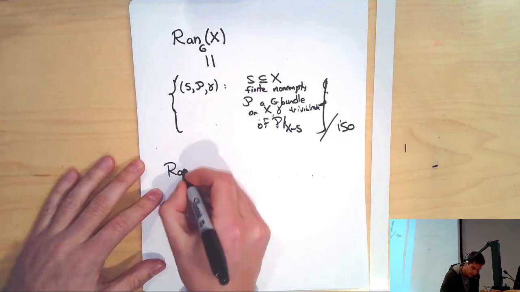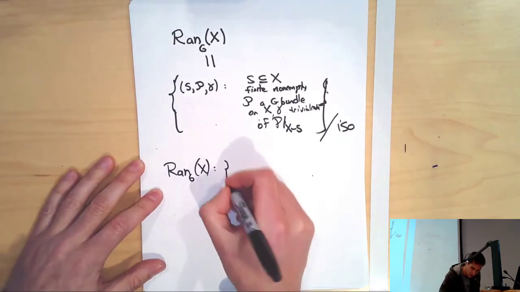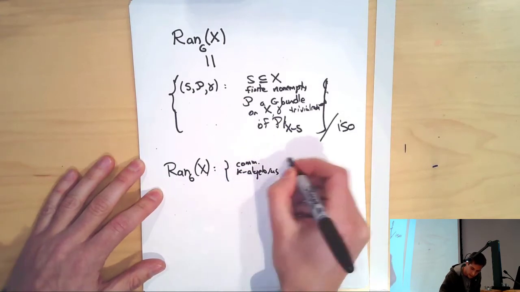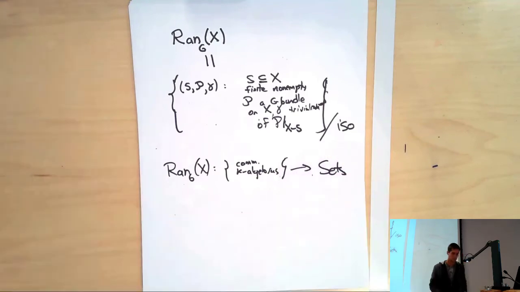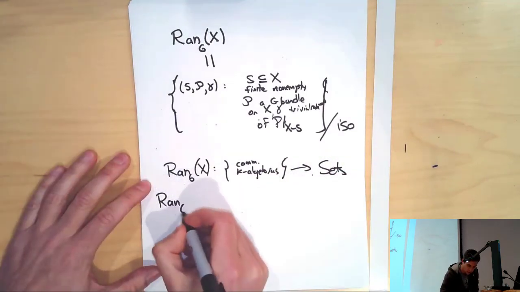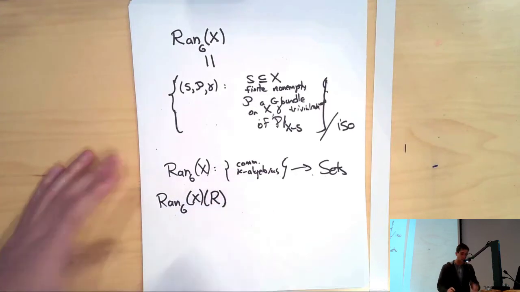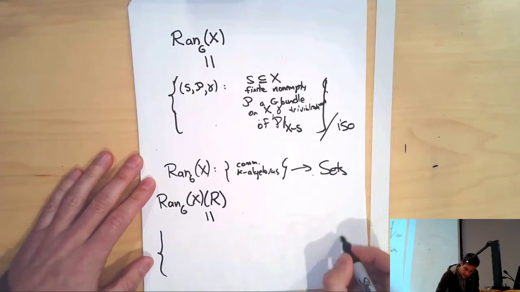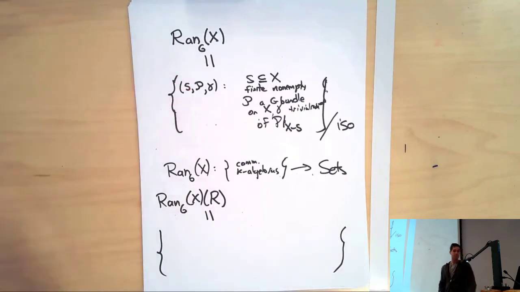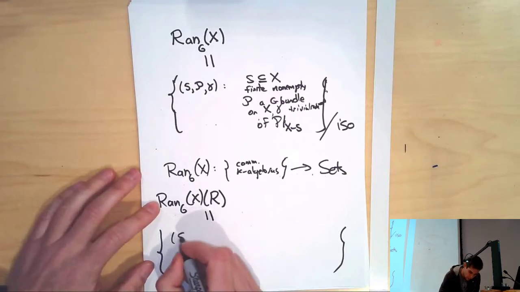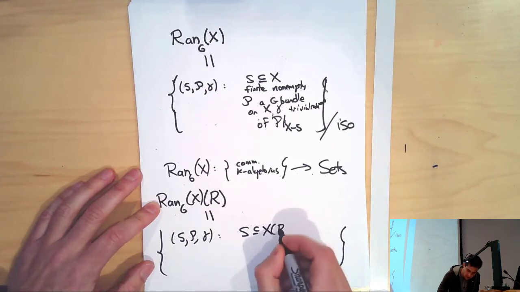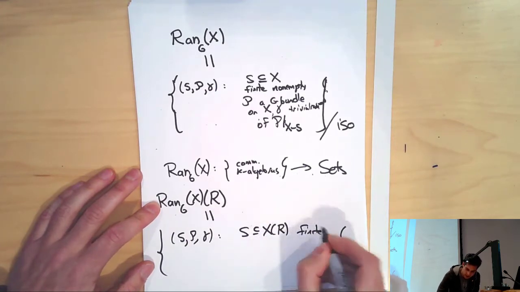I'm thinking of Ron GX as a functor from the category of commutative K-algebras to the category of sets. And what I should do is tell you what are the R-valued points of Ron GX. In other words, what is the value of Ron GX on some R? And, well, now I precisely mean what I wrote above. It's the triples S, P, gamma, where now S is a finite set of R-valued points, finite and non-empty,